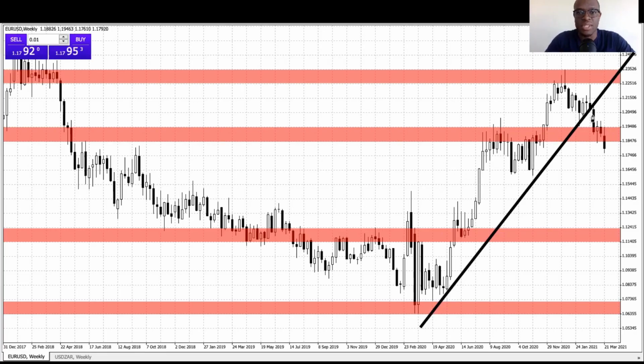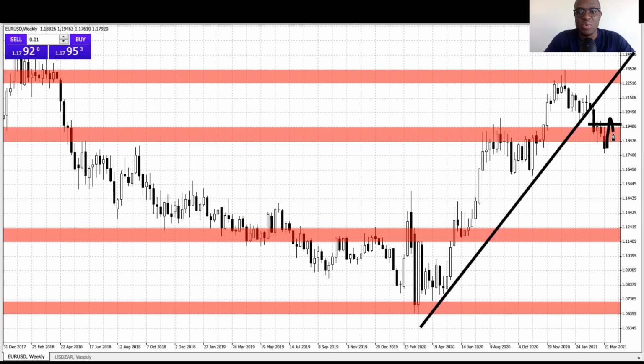So what we'll be anticipating in the coming week now is, since this zone didn't hold as a support zone, we'll be expecting a pullback, maybe to form a retest now as a resistance zone. And if the price closes below 1.19846, then we're going to take a short position, seeking the price to move to the downside. However, if the price, upon pulling back, closes above 1.19486, forming a higher high,